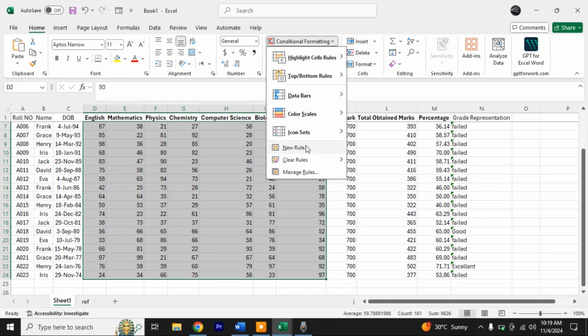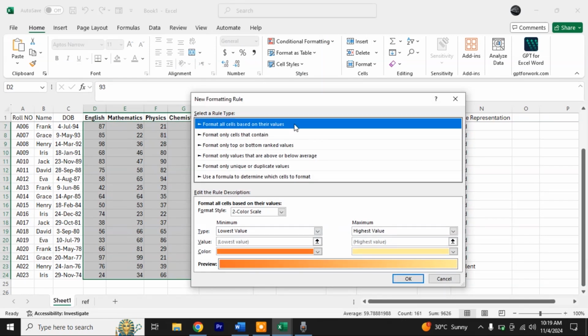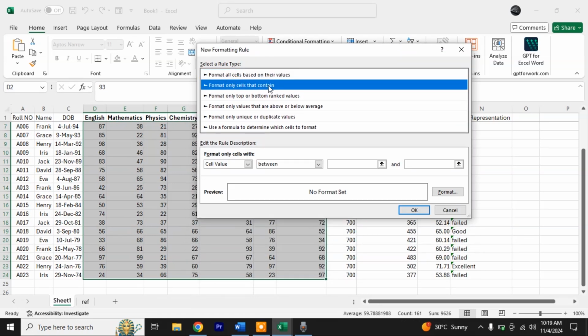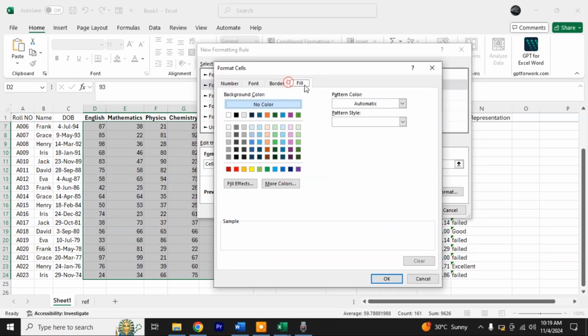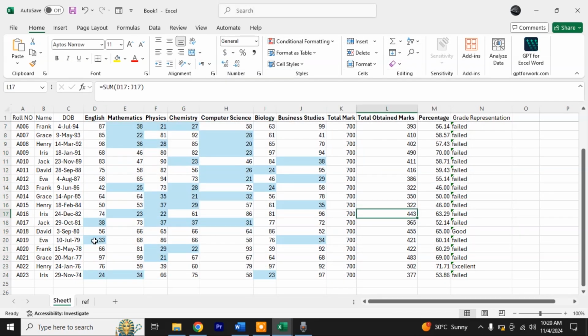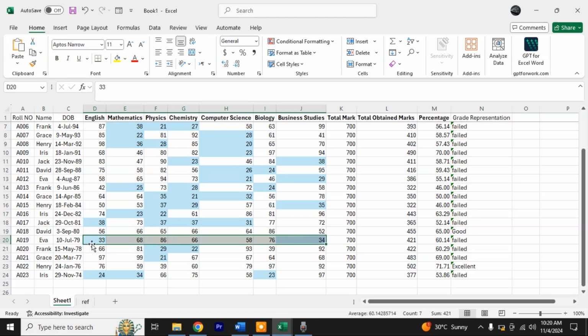Go to conditional formatting, click on new rule, select format only cells that contain, click here the value between 0 and 38 and we will click the format. Now we will give this color and okay. If anyone fails in any subject, the subject is going to be highlighted. Okay, now